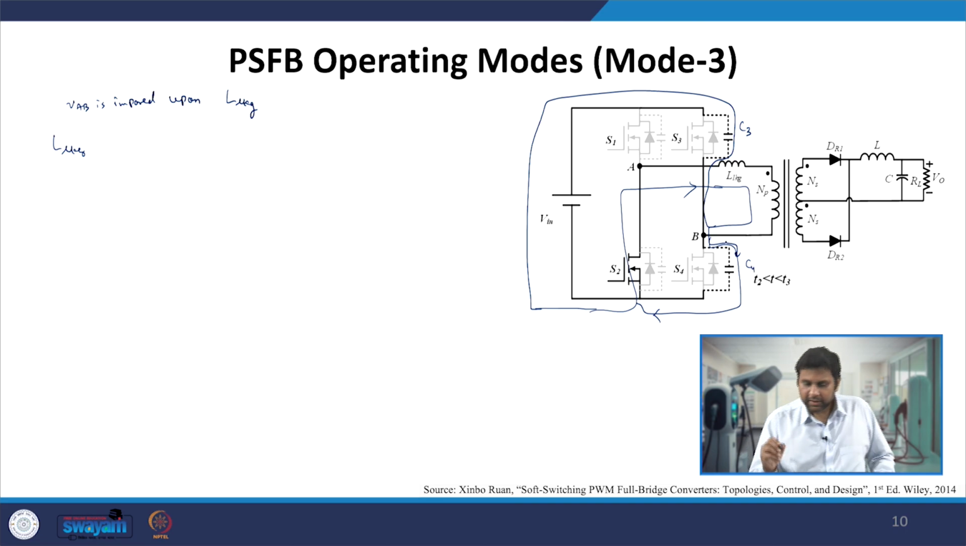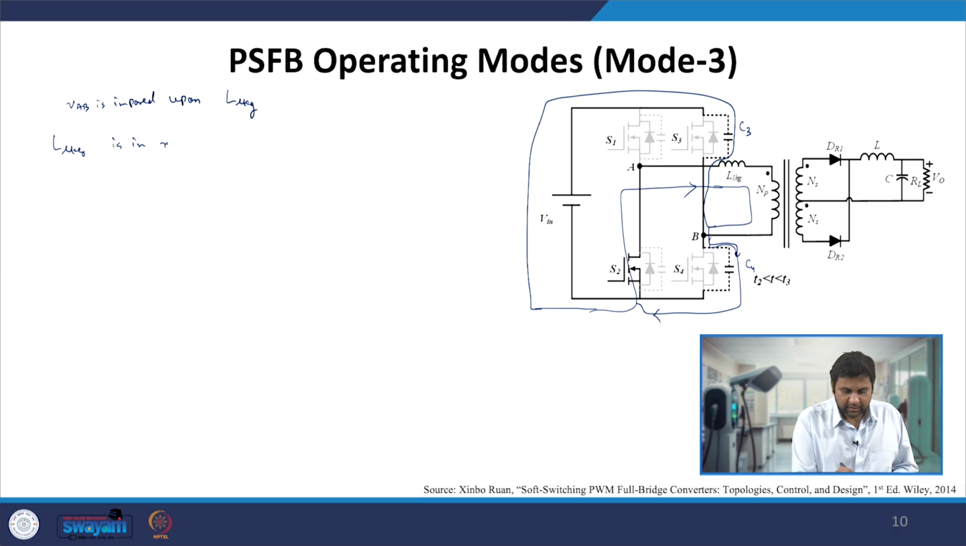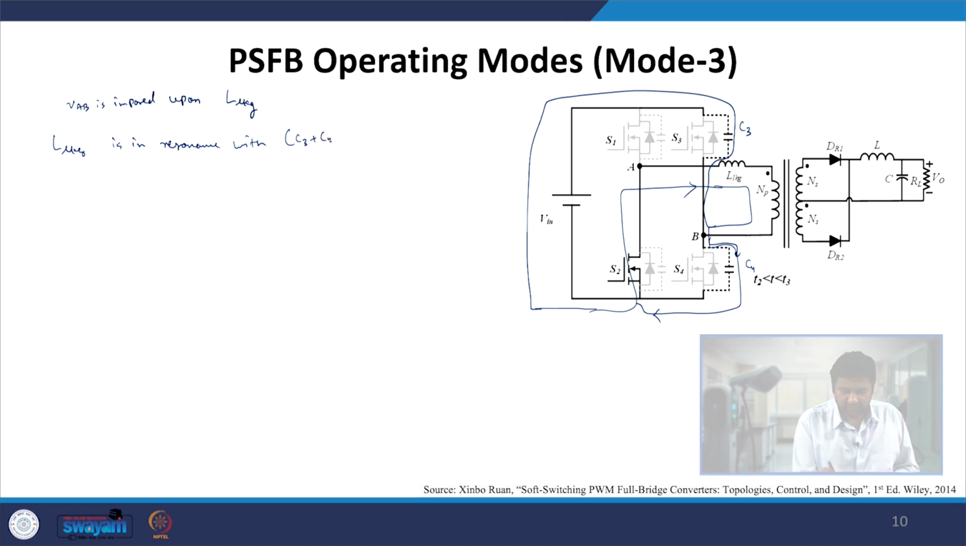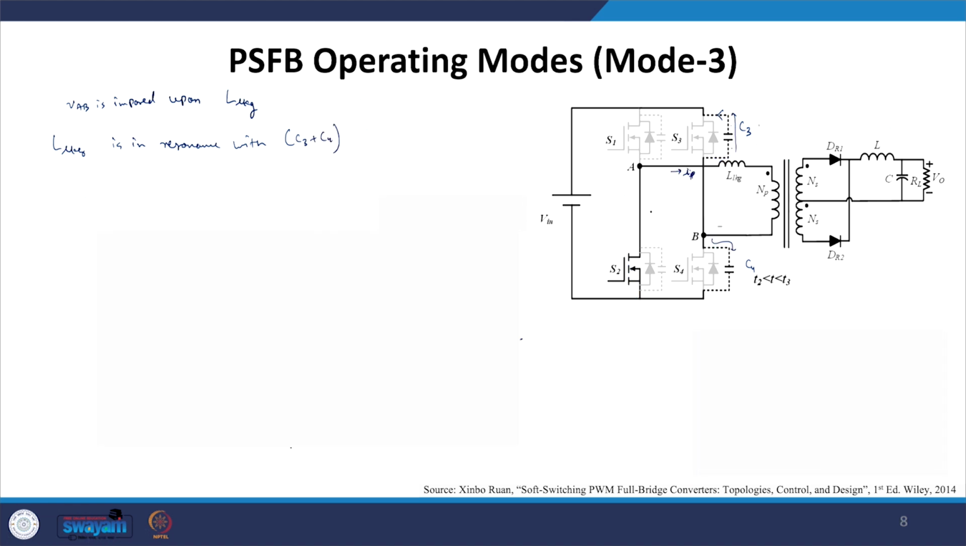So this is what we get in both the things. What is happening is the L leakage is in resonance with C3 plus C4. And if you look in this one, since L leakage is in resonance with C3 and C4,